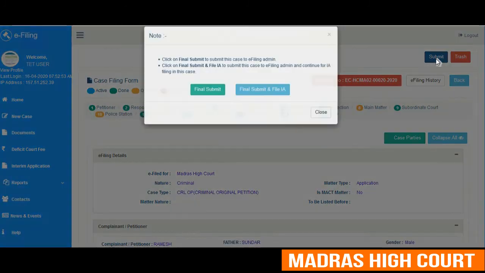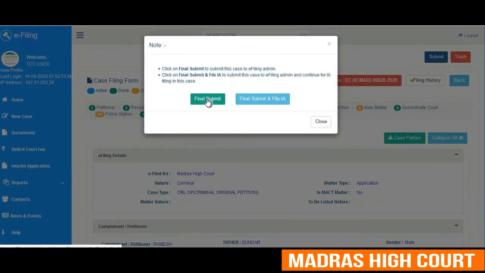Once you click the submit button, the user will get a pop-up with the final submit button, which the user has to click to ensure that all the information goes to the e-filing portal so that an e-filing number could be generated using the information provided by the user.